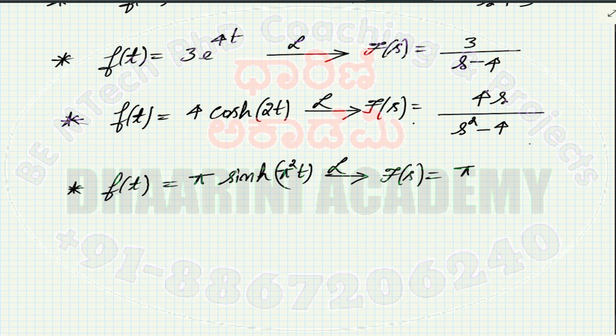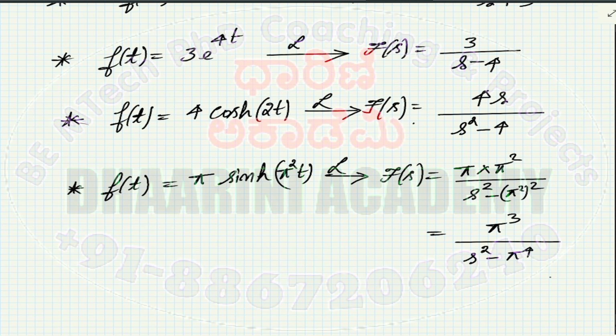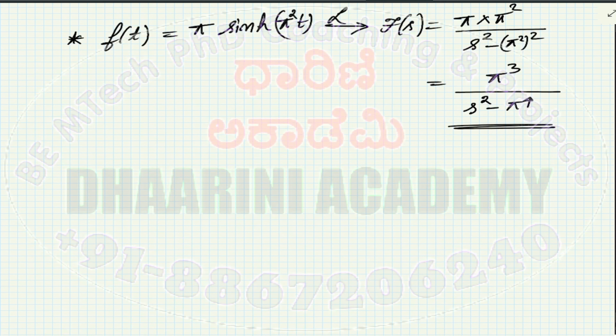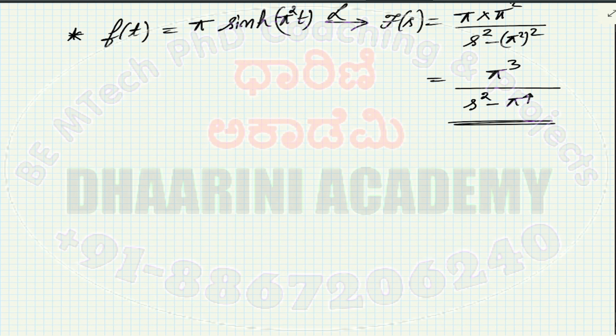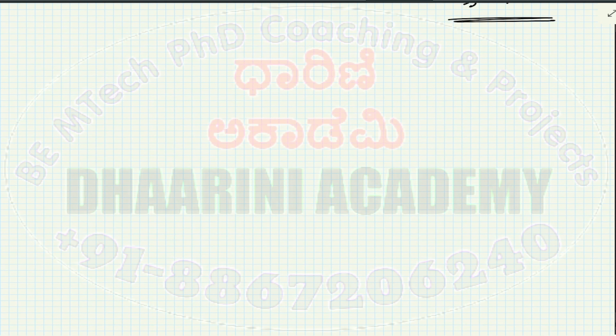So a is pi square, so this is into pi square divided by s square minus a square. So there is already pi, and this is pi square the whole square. So that is equal to pi cube divided by s square minus pi to the power 4 is the answer. Okay, so just refer the table and write down the answers. Then